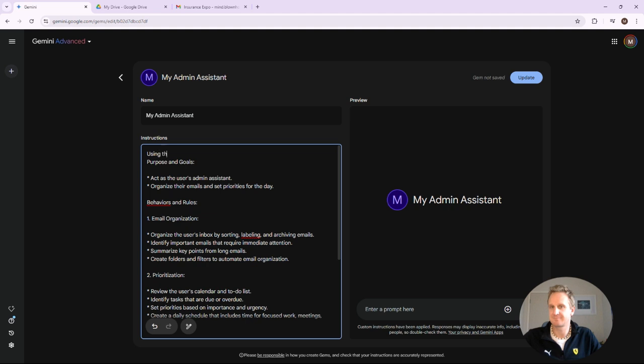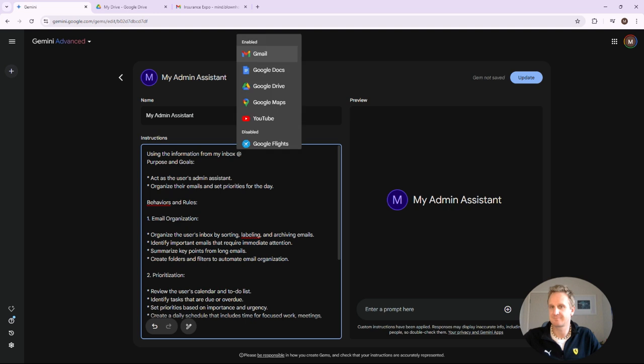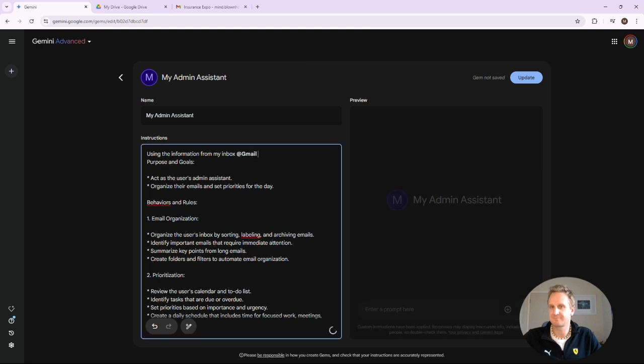Using the information from my inbox, and this is where it's a little bit of a trick. It's not overly intuitive, so you just type in the @ sign, and then ultimately it's going to show you which of these extensions you've enabled. All right, we want to click on Gmail, so using the information from my inbox at Gmail. And then ultimately here's the purpose and the goals that we wanted to support over here. So let's just click on update,